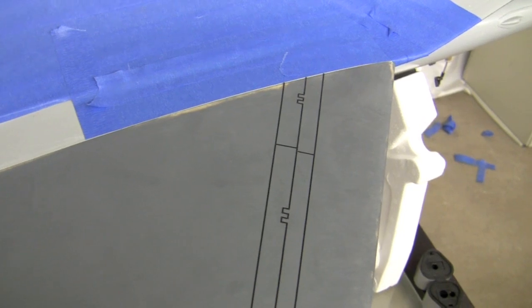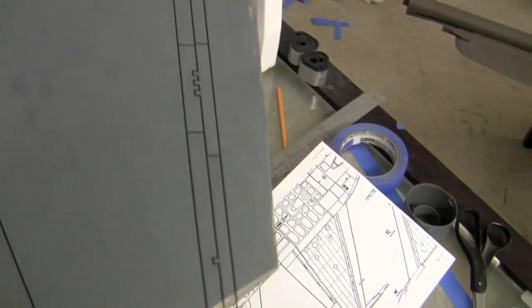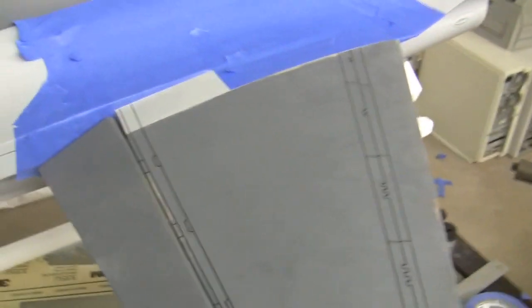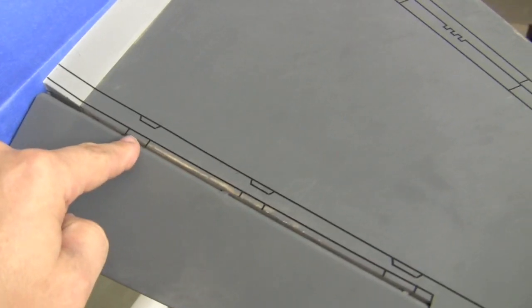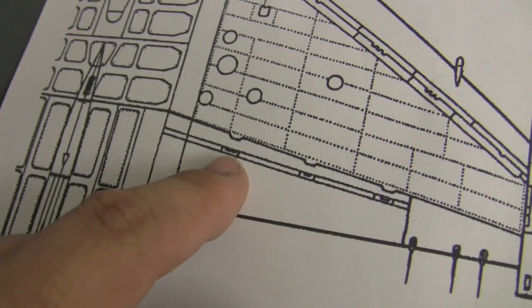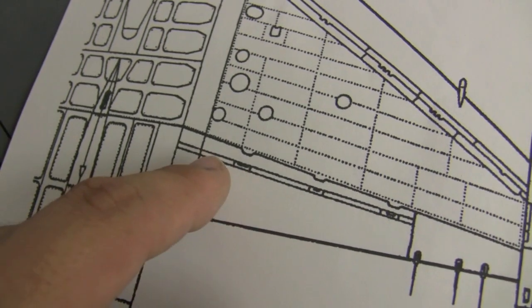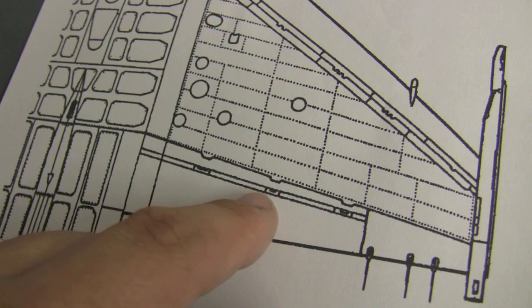Okay everybody, here's our starting point for today. You can see I got all the lines, got all those little hinge doodads on there, and I took a little closer look. I went ahead and put the little hinge lines on back here. If you look at the picture here, I wasn't sure how I was going to do that because I thought it was connected to the aileron, but I went ahead, and this bottom line is actually the aileron hinge line,